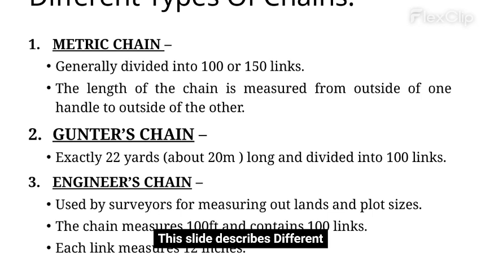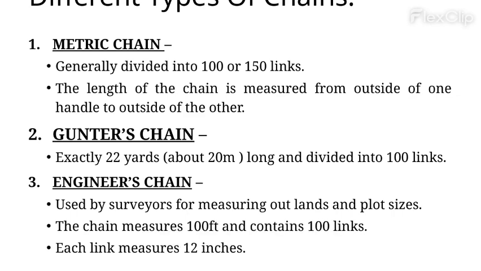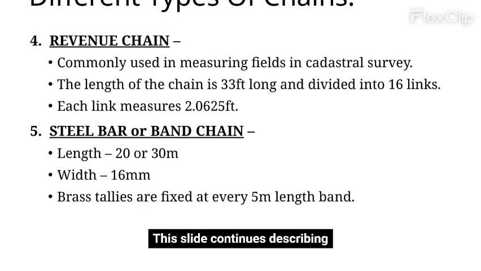This slide describes different types of chains, including metric chains divided into 100 or 150 links, Gunter's chain exactly 22 yards long and divided into 100 links, and engineer's chain, which is 100 feet long with 100 links, each link measuring 12 inches. This slide continues describing different types of chains, including the revenue chain, commonly used in cadastral surveys,